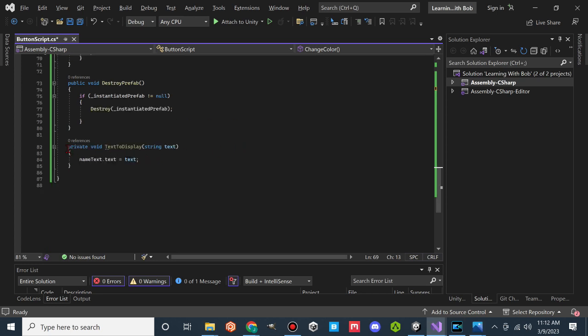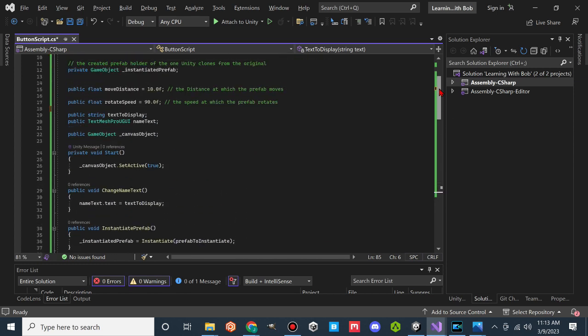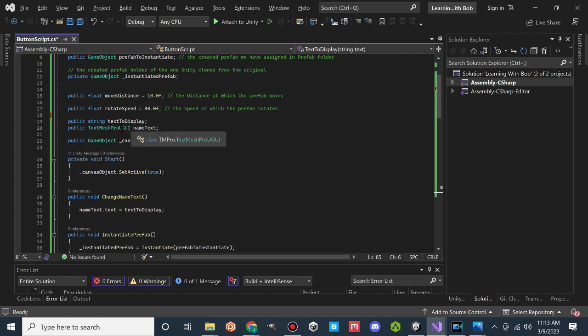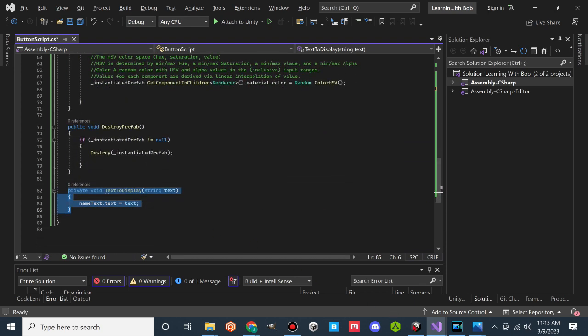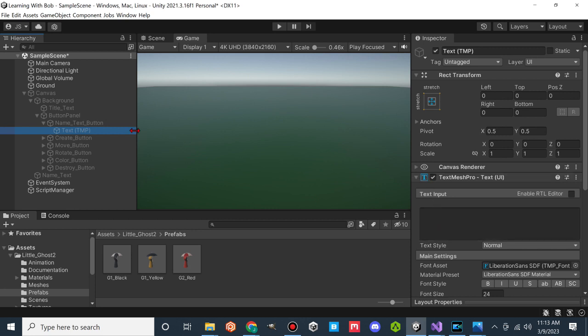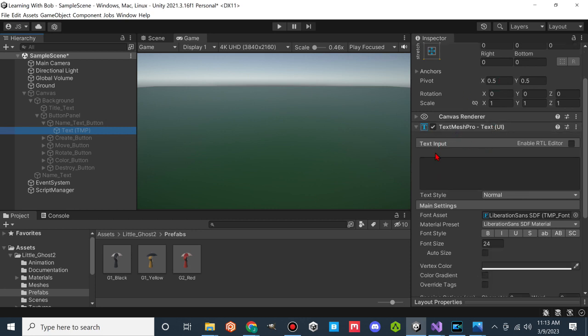Now on the bottom of our script, we're going to create a new function called text to display, but we're going to pass in a string variable called text. And we're going to have our name text.text equal that string variable. Again, we're getting that name text.text from our UGI name text, and then we're further going into the component of the text. So basically, we're coming into our UGI right here and getting this text component, and we're going to make this equal